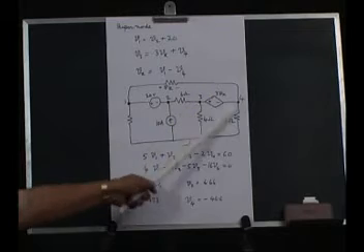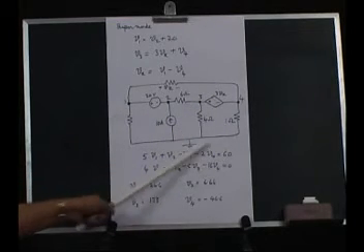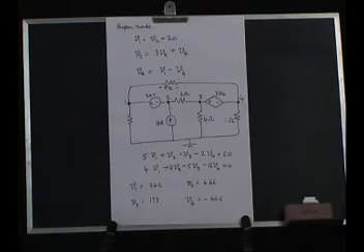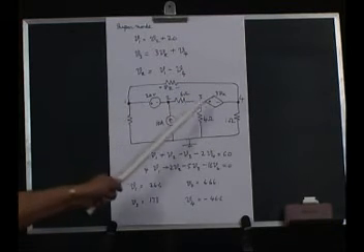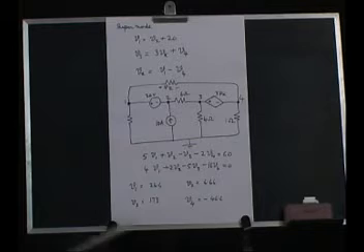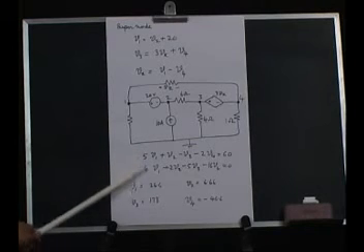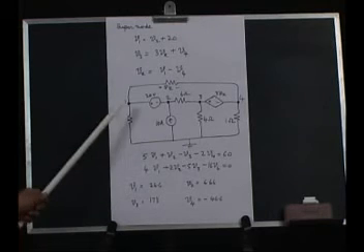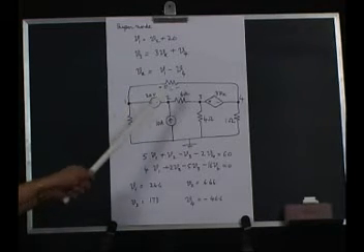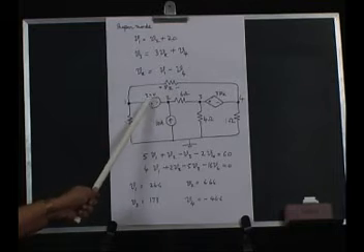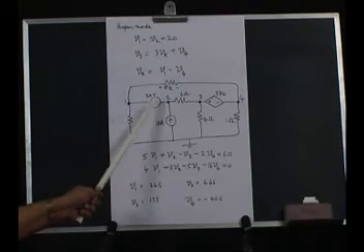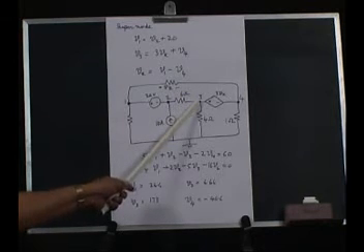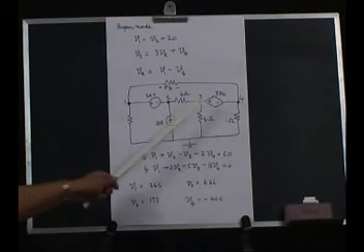The same diagram I have rewritten here. We have the datum node and the other nodes 1, 2, 3, 4. We have to find the values of V1, V2, V3 and V4. We have already found 2 equations. These are the 2 equations. The other equations: V1 is at a higher potential than V2 by 20 volts because the 20 volt source is connected here. The other equation is that we have to find this V3 in terms of V4.